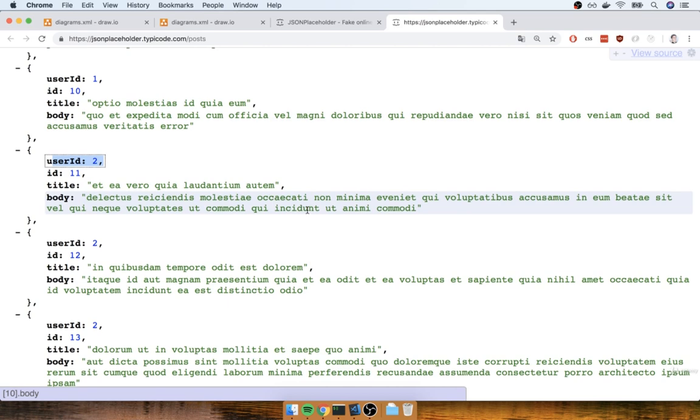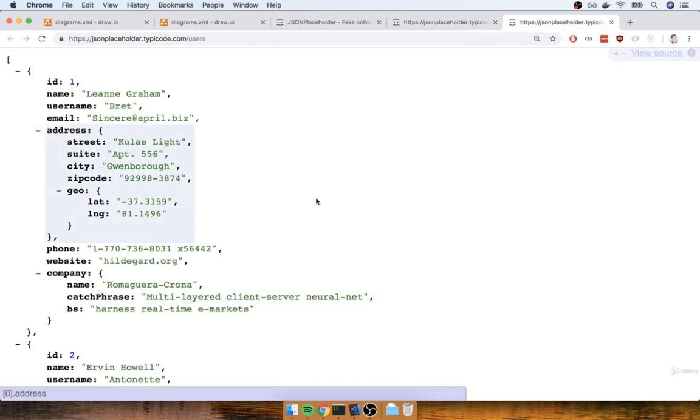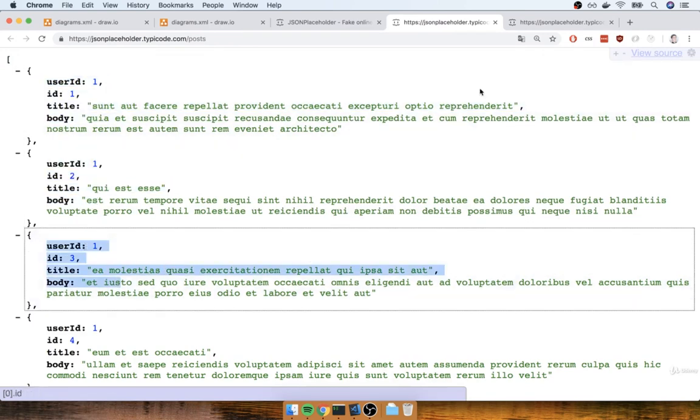So if we want to figure out who each of those users are, we would have to make a second request over to this users endpoint. So I can click on users, open it up in a new tab, and now this will show me a list of different users that can be returned from this API. So here's a user with ID 1. In that case, it's Leanne Graham. And again, this is a fake person. So Leanne Graham is the person who created this blog post, this one, and so on.